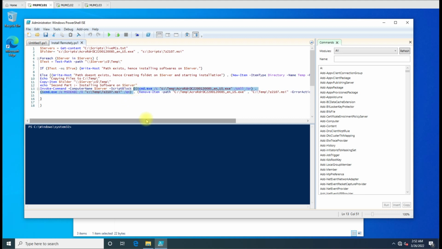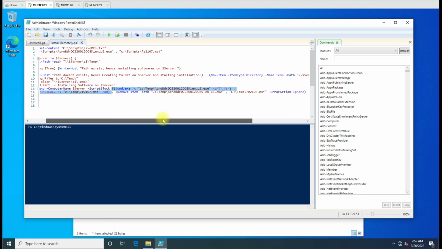Again, you have to make sure to delete this file after the installation. You have to mention it here. Again, you have to give the proper exe or MSI file path with the extension. Don't forget the extension, otherwise it will not delete the file. Okay, so our script is ready,